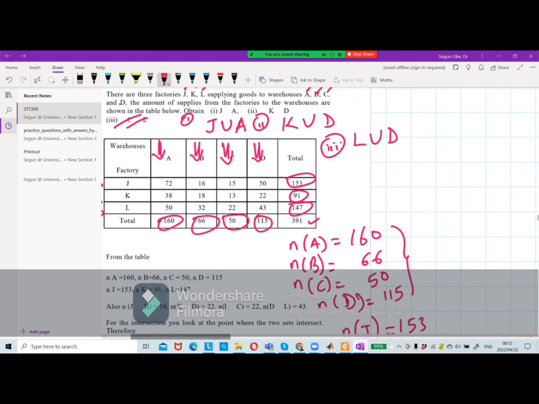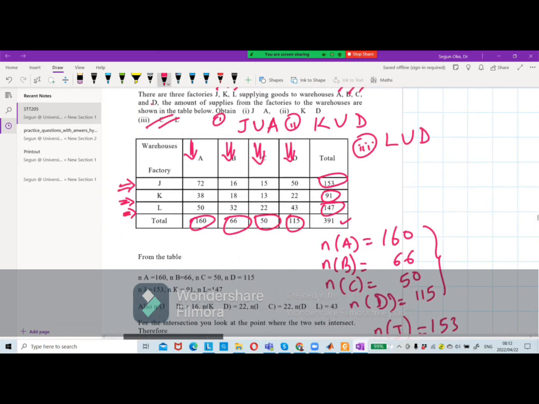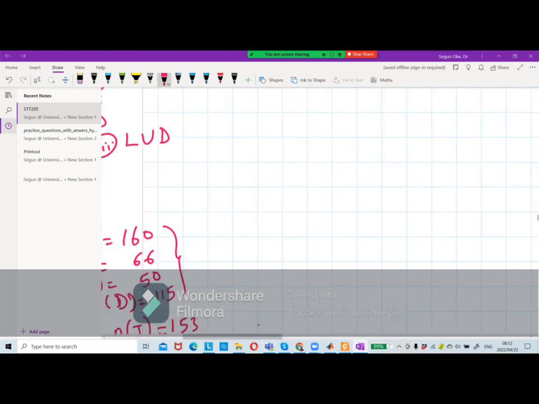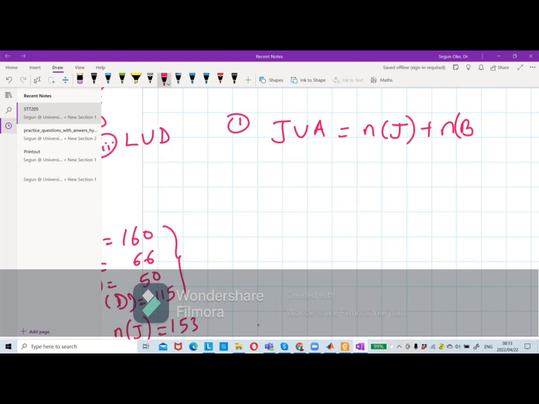According to the definition we have for union sets, it says we should find J union A. The definition of J union A means the number of J plus the number of A